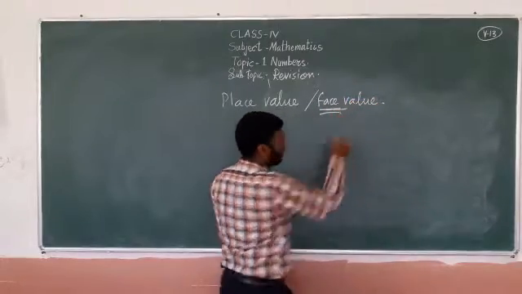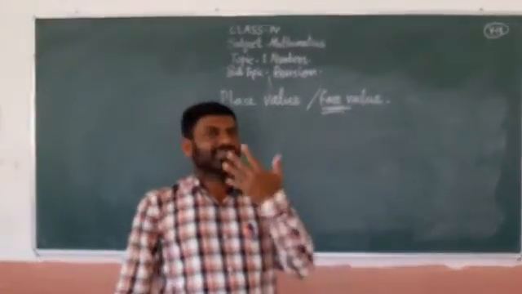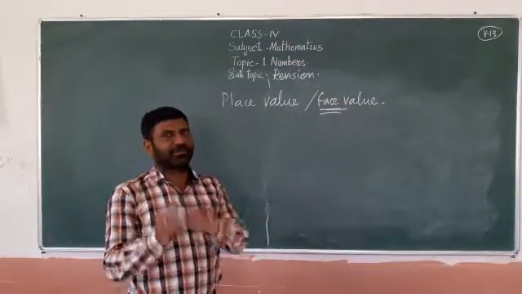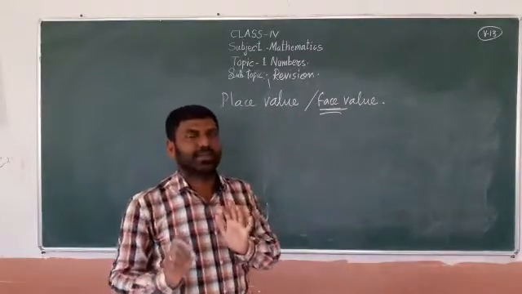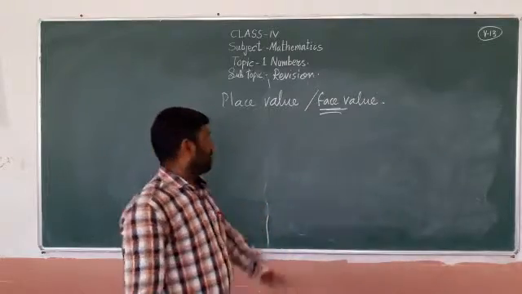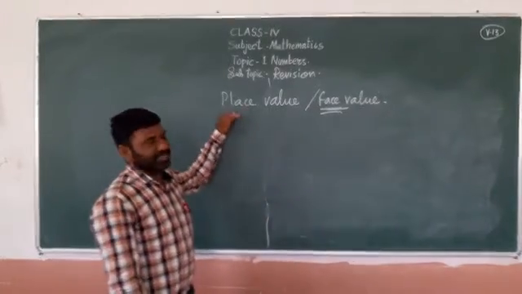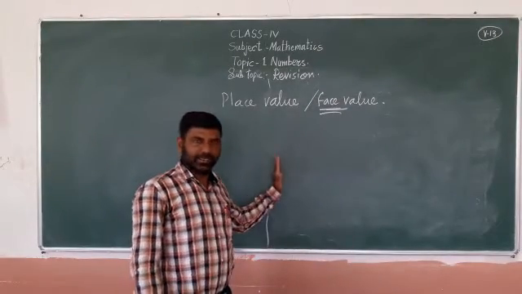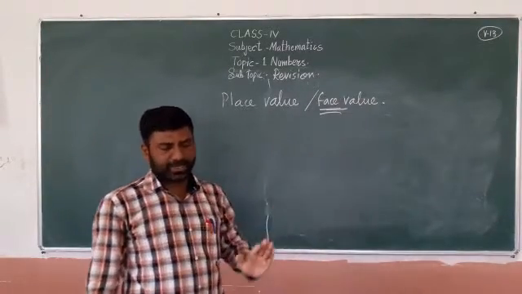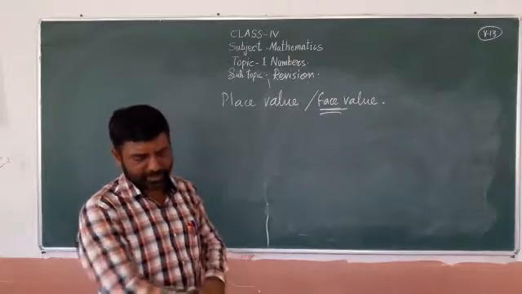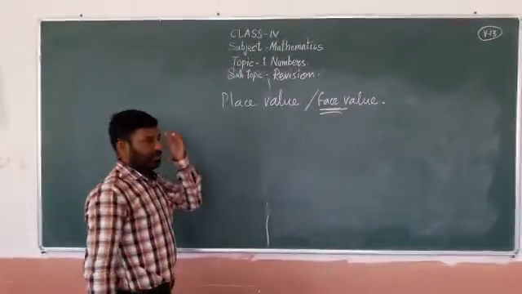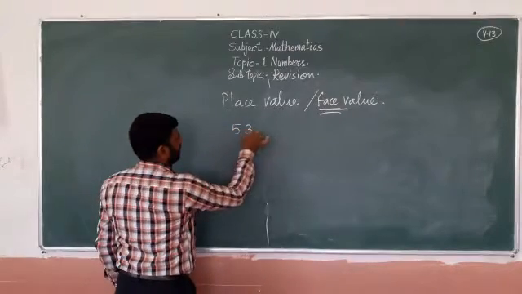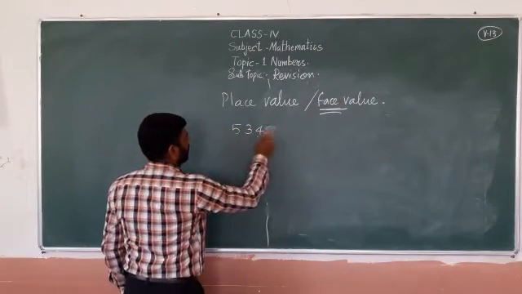I told you face value is face, it doesn't change. Face value does not change if you put the digit anywhere in any places, understand? But the place value changes according to their position or their place, right? We can, it's one shortcut method for finding the place value. It's very easy. Let's find the place value of 5340 or 49.